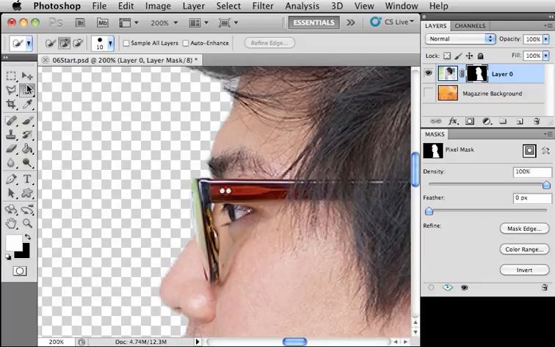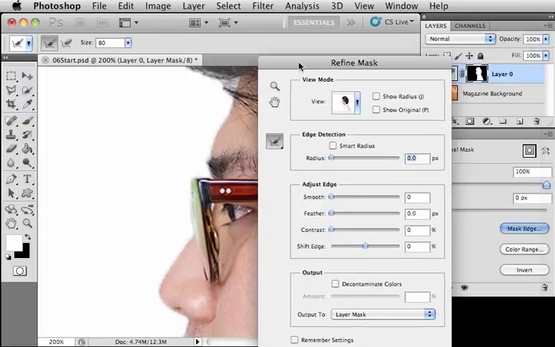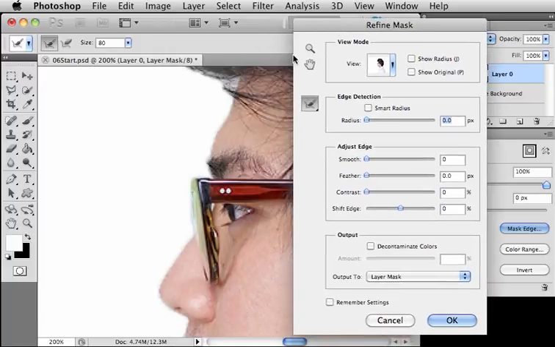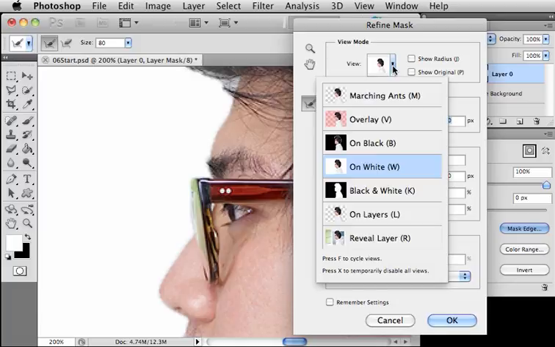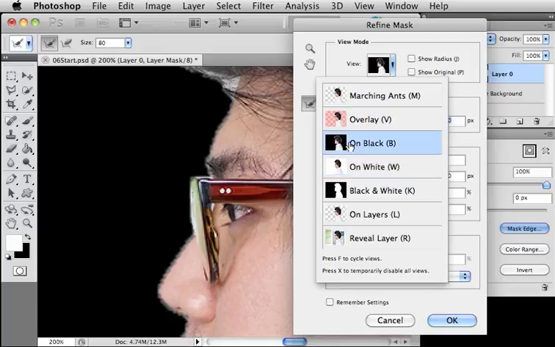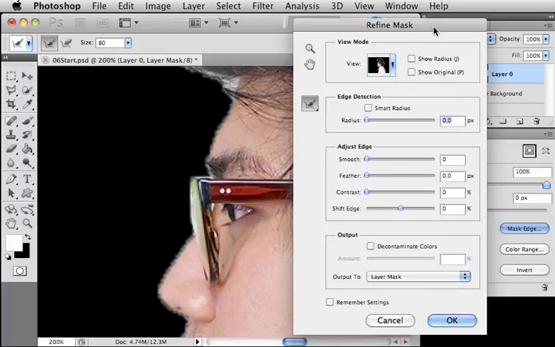So at this point I want to refine the mask edge. To do that, I'm going to click on this button here that says Mask Edge, which is currently in the Masks tab. Whenever we get to the mask edge, you're going to see that it automatically puts this person on a white background. Because of what I'm trying to select right now, I'm going to try to see some white things to get rid of. I'm going to put him on a black background first off. Okay, and then if I click off of it,